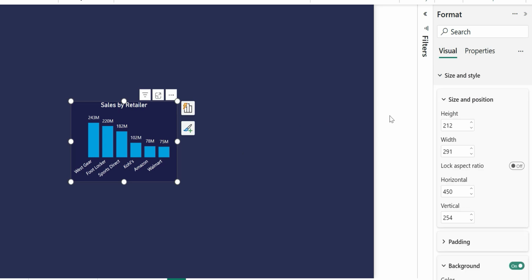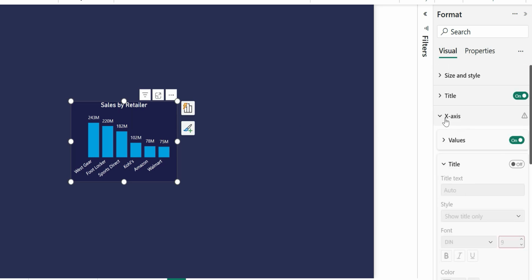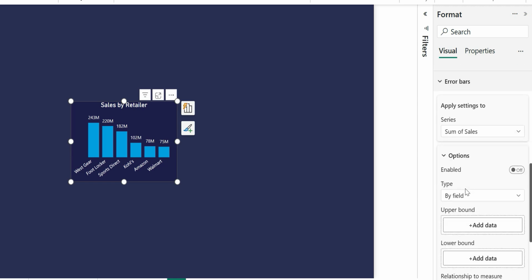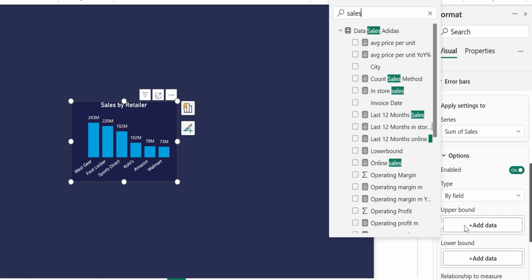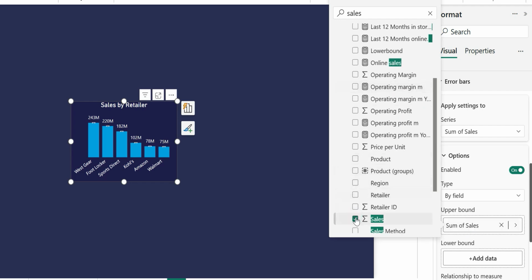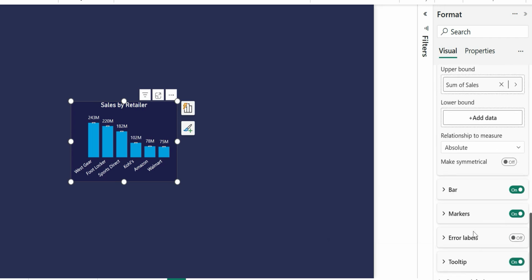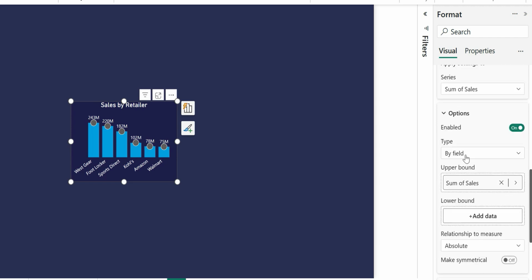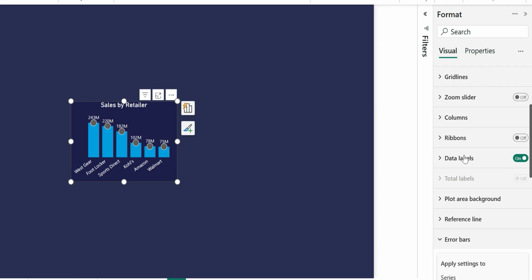Now we need to open our error bars. Enable the upper bound for our sales, and for the marker we need to make this size 10, it is okay, and for